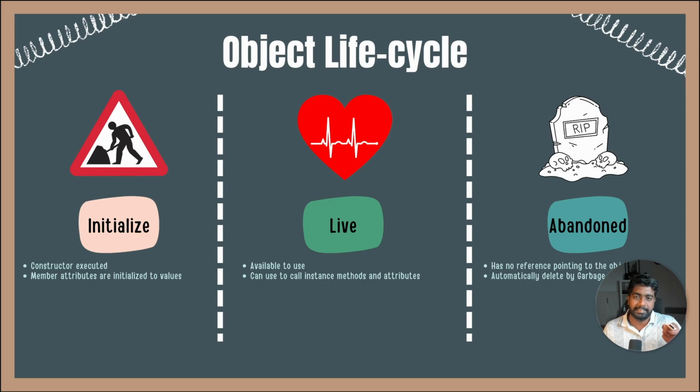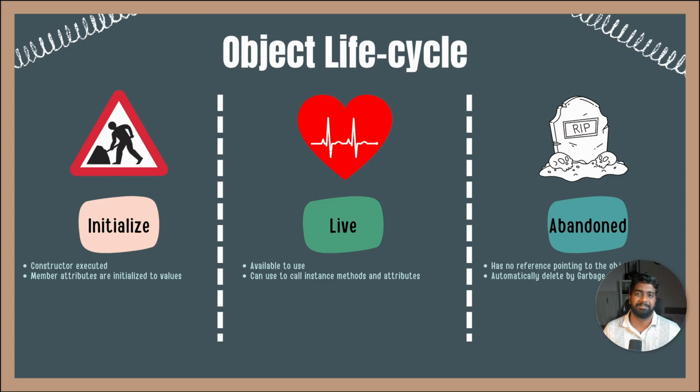Basically, we can access attributes, we can call methods in that object, and so on. In that phase, we call it the living state. Once we decide we are done with that object and no longer need it, we cut off the connection from the remote to the object. Basically, we remove the memory address or the reference to that object. Once that happens, the garbage collector, who is always watching the objects, will see that object and grab it and